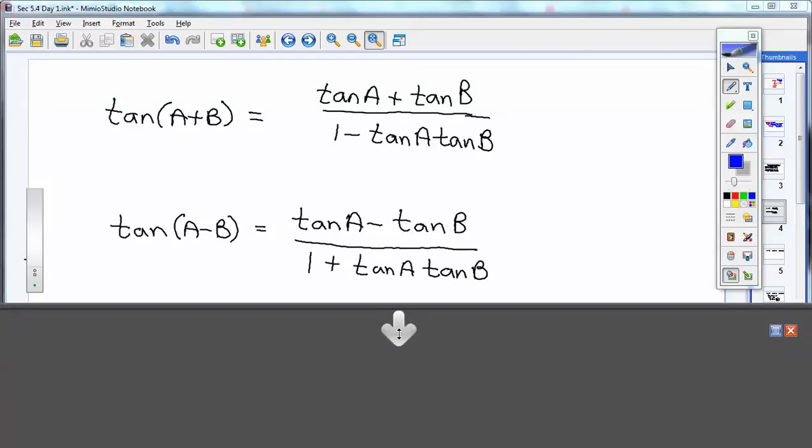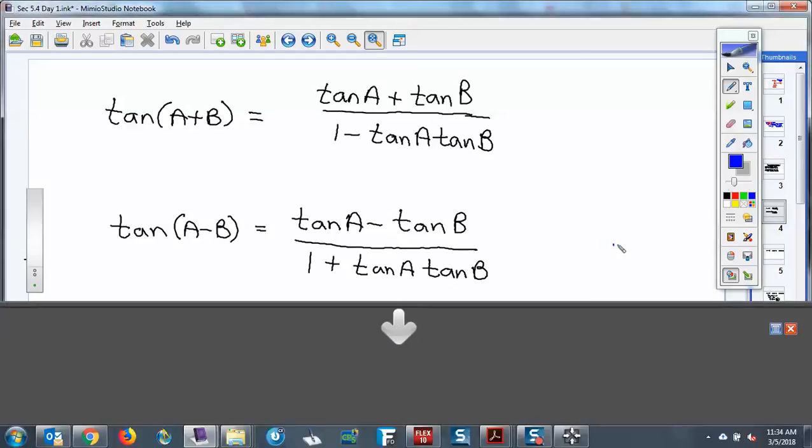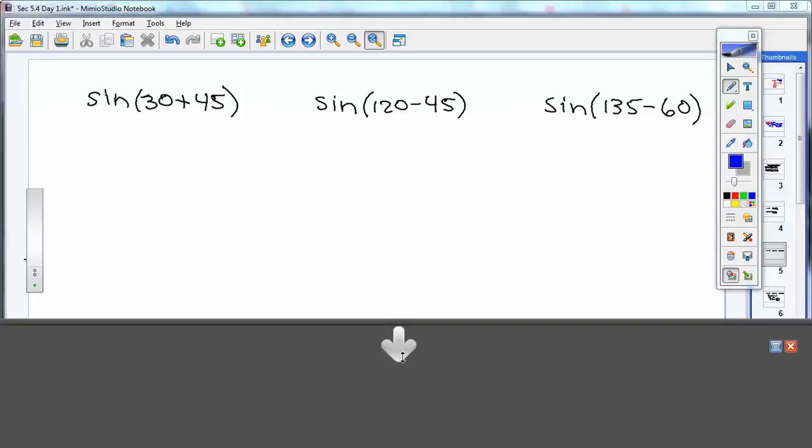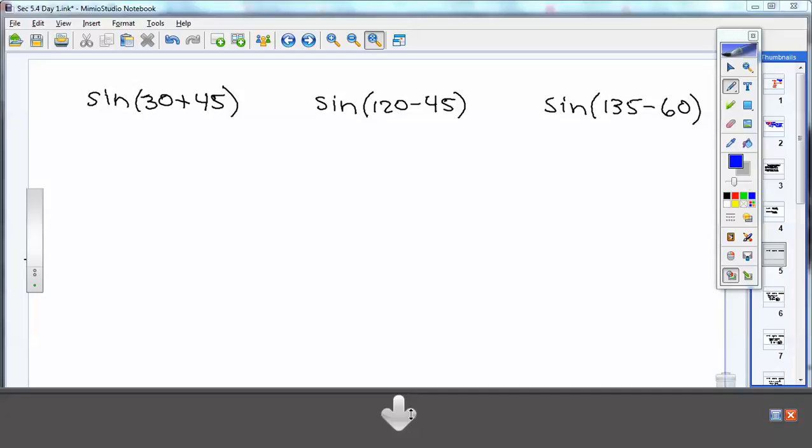I'm going to throw them up here, but I'm not going to give you time to even write them. Those are the tangent A plus B and the tangent A minus B. They're in your book. If you happen to need them on a random homework problem, there they would be. Okay? Something like that. All right. But we're going to mostly worry about sine and cosine. All right. So we already talked about sine of